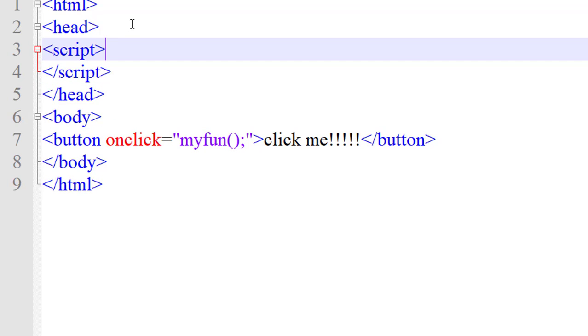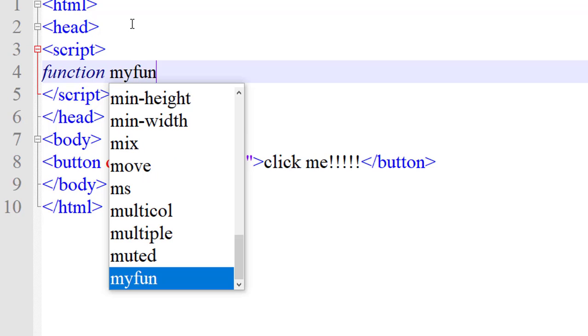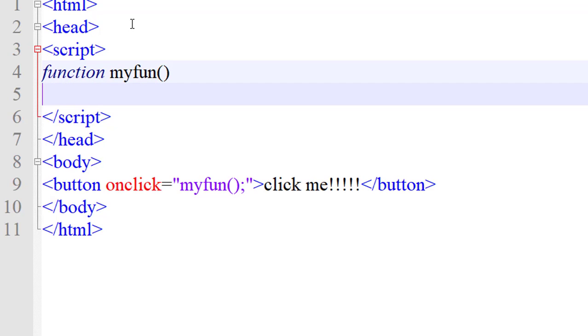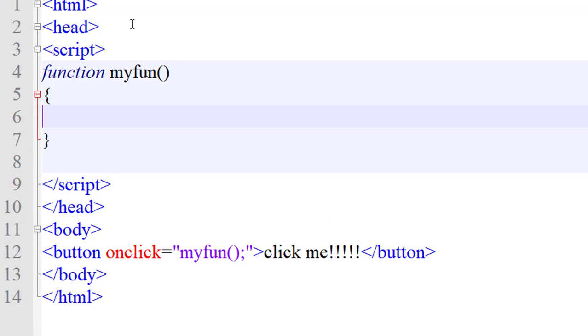In the script tag we will write one function, same as the previous one. Function myFunction, opening closing parenthesis, opening curly, closing curly. All the code will be in this script tag.